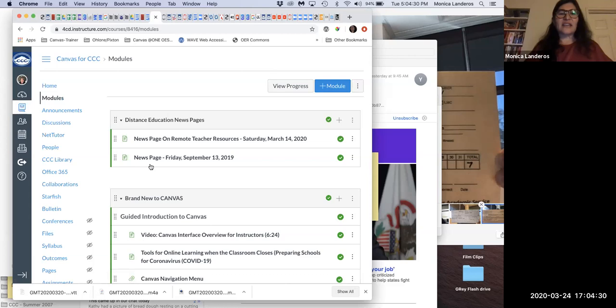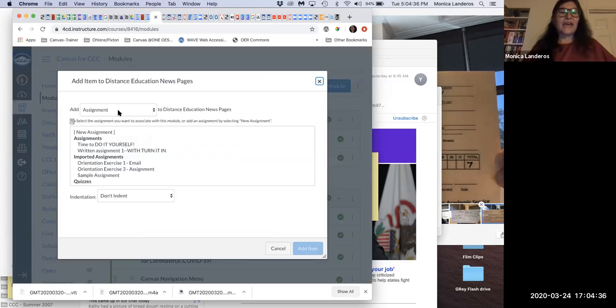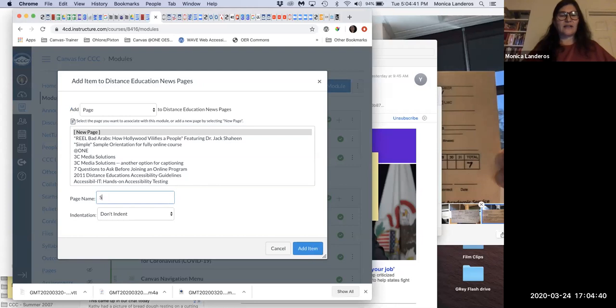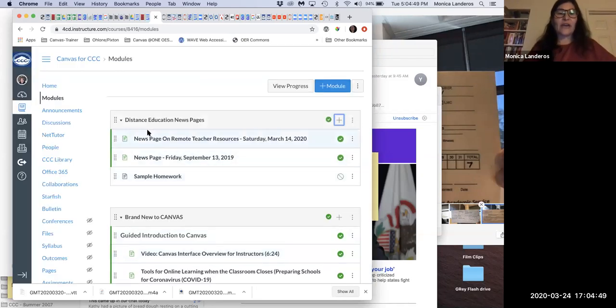So let's say that it was right here, Distance Education News. What you do is you hit the plus button and then you create a page. So let's call this sample homework. I'm not sure what you want to call it. And we're going to add the item. So now anything that you add will always go to the bottom, but you can move it. So you can move it up,